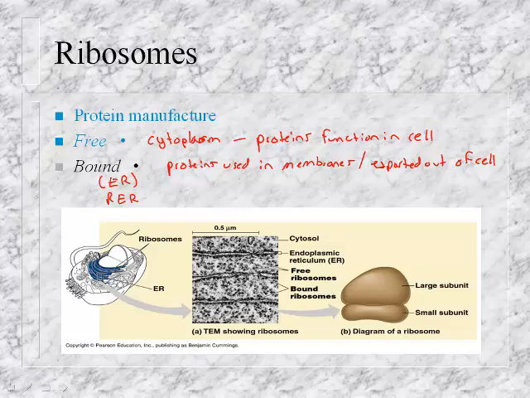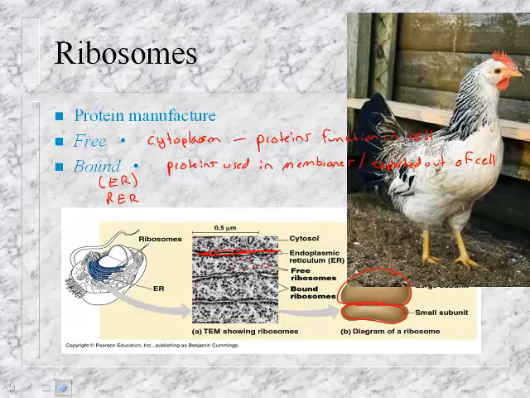Here is just a microscope picture of them. All of these little guys here are the ribosomes attached to the ER, which is here. Okay, and this is what the ribosome looks like, two subunits that come together. And I use the analogy that ribosomes are like chicken, because what comes out of the chicken is eggs. Eggs have lots of protein. Same thing, what comes out of ribosomes, proteins. Stupid way to remember it, but usually the ways that are the most unique will be the best ways that